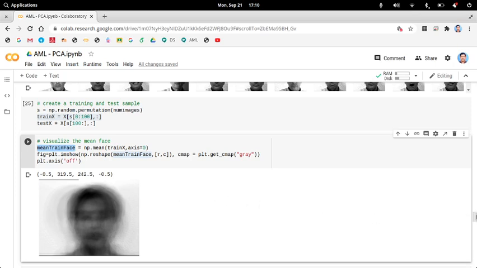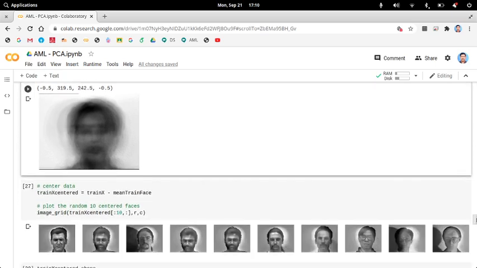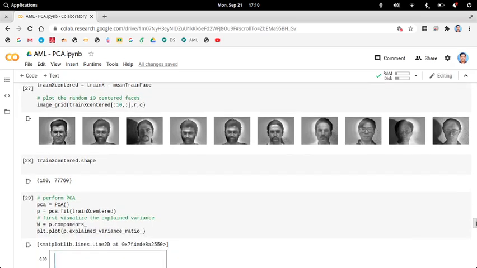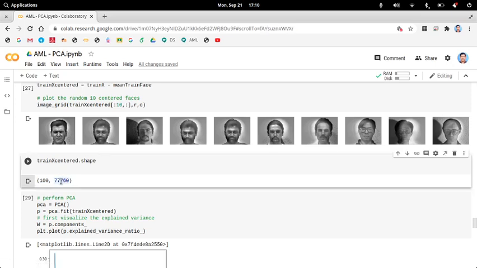For making it mean centered data, you need to subtract the mean face from your data: train x minus mean train face. So you are mean centering your data, and this is what you get once you mean center it. Some examples have been printed in an image grid, some 10 faces, to show that this is mean centered. You can see the shape of your training sample. This is 77760.